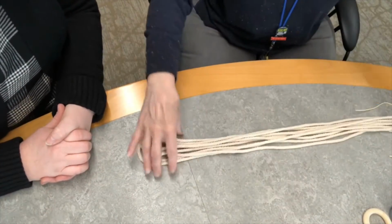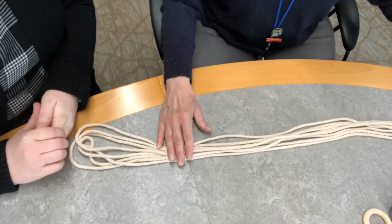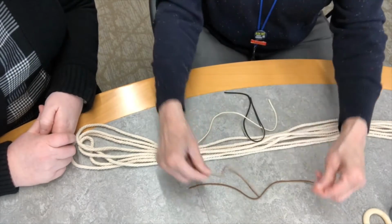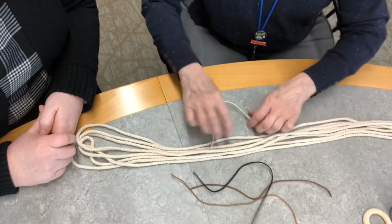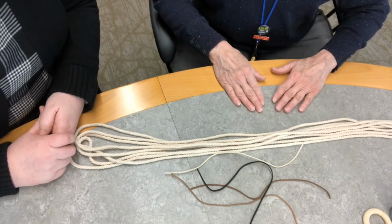In your bag, you received 4 pieces of rope. They're each 2 yards in length. You also received 4 pieces of suede string. They're 4 different colors, and they're each 1 foot in length. You also received a wooden ring